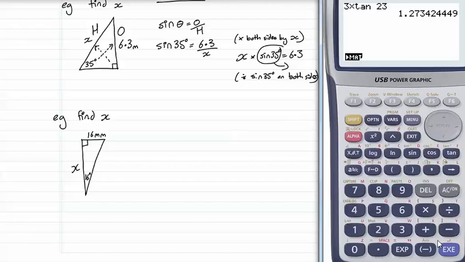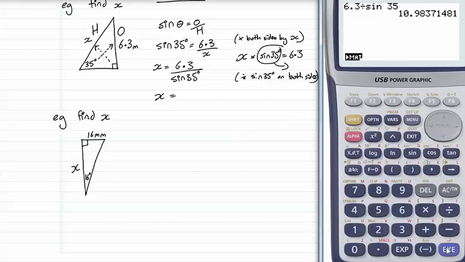And I'll get x equals 6.3 divided by sine of 35 degrees. And now I've got x and I can calculate it. x equals, go to my calculator, 6.3 divided by sine of 35 degrees. And x is 10.98,